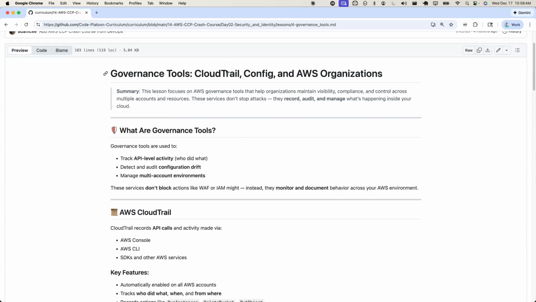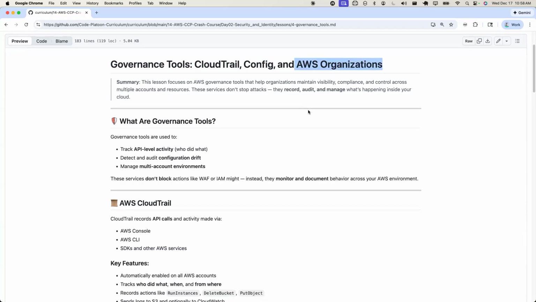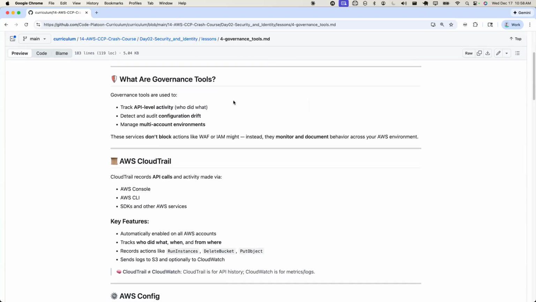All right. So let's talk about governance tools. We're going to talk about CloudTrail, Config, and AWS Organizations. So governance tools are for who did what, tracking API level activity,